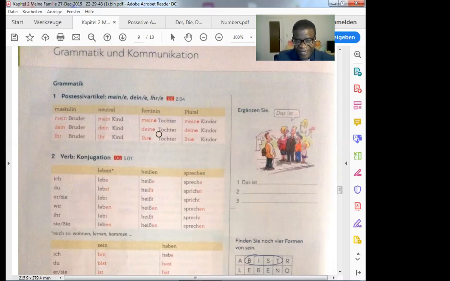Deine Tochter, your daughter. E comes in because of feminine. Deine Kinder, your children. E comes in because of plural. Remember, E comes in for feminine or plural. That's it.